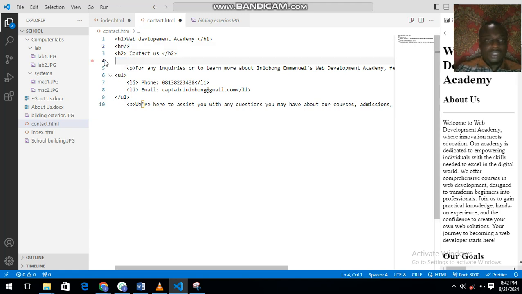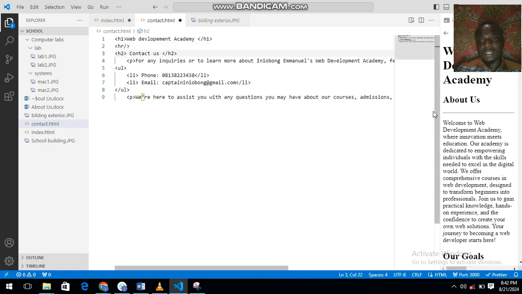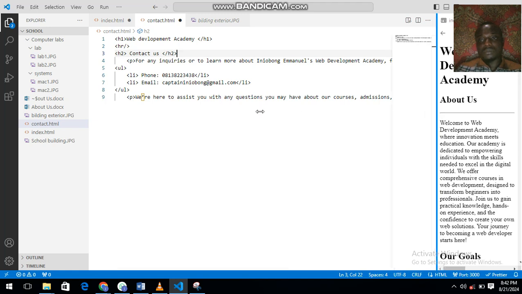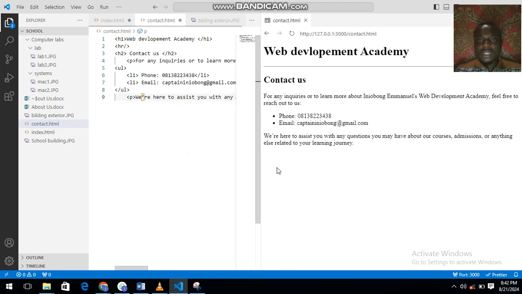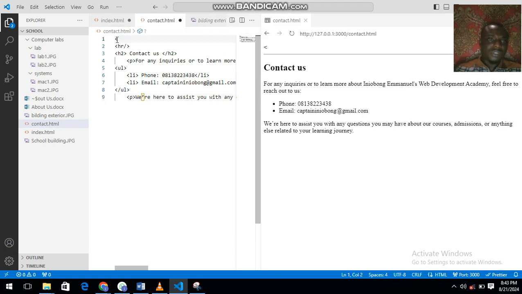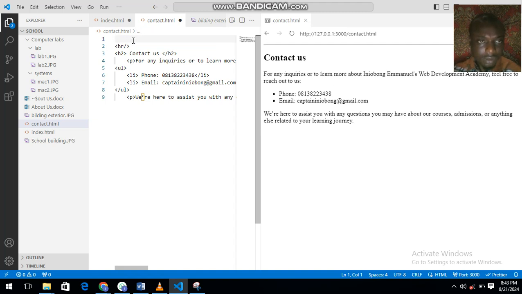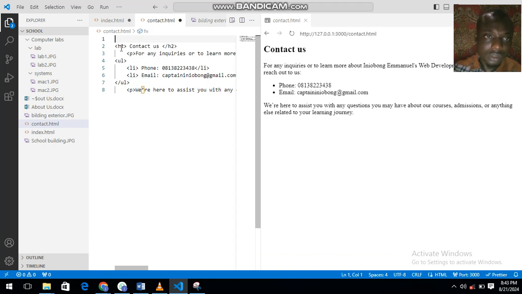Alright, if you are putting a horizontal line, that means you remove this horizontal line here. So let's go back and have a preview of this again. So it's going to be contact us. Okay, I'd like us to take away this h1 so it doesn't look complicated. Let it just be a contact us page. Do you understand?